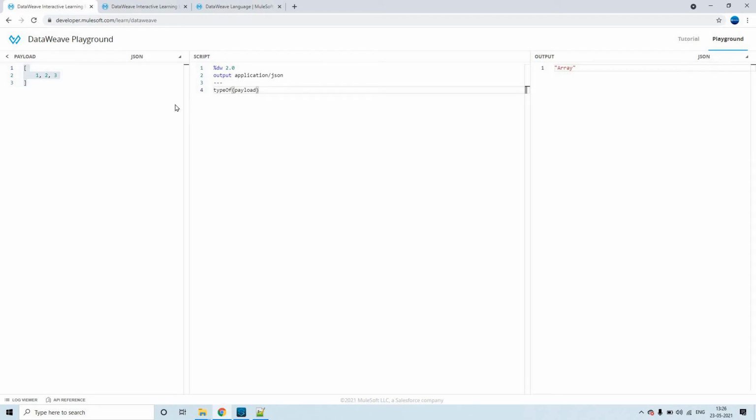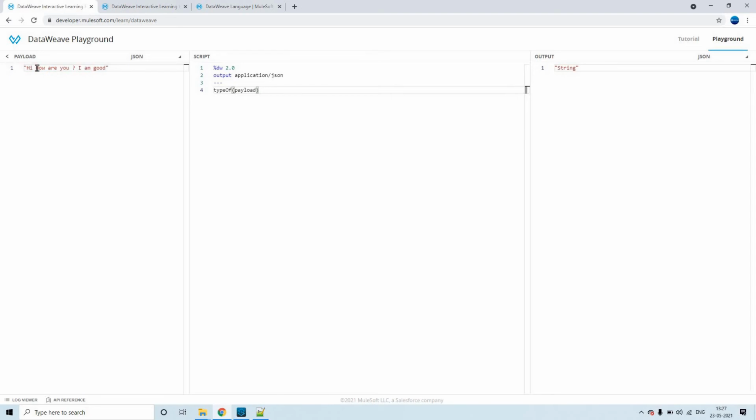So this way you can understand based upon the input. For example, I'm going to put some simple string, hi. Now you see here, it resulted into string. Even if we put a sentence, this is again a string, right?